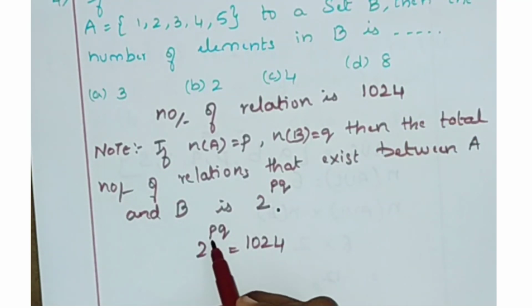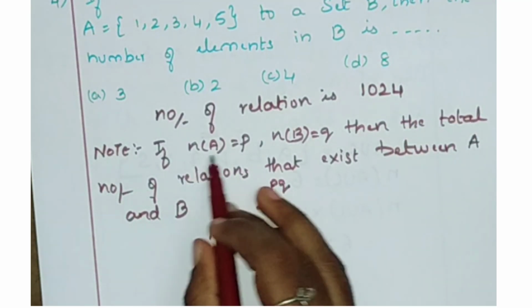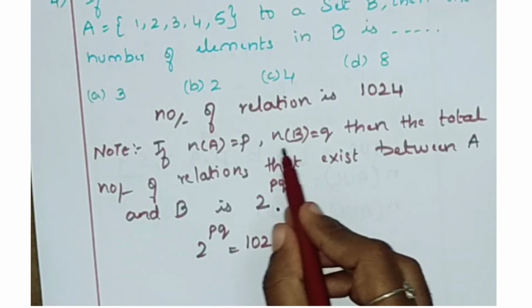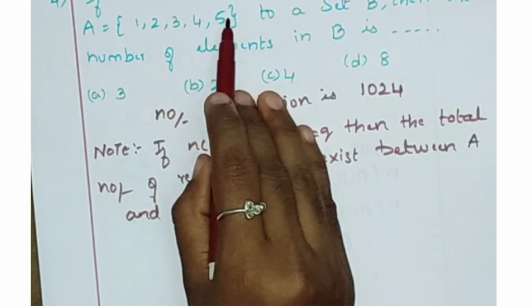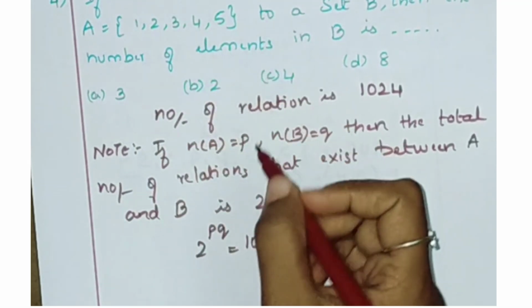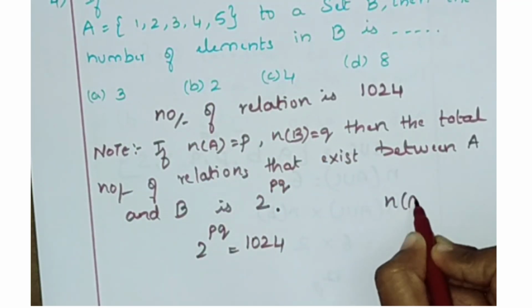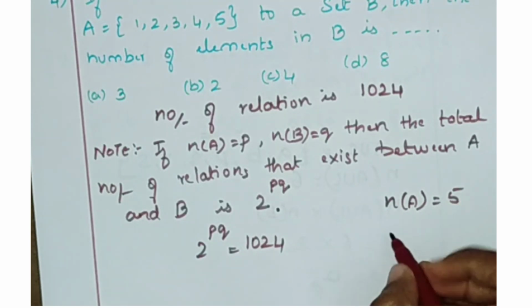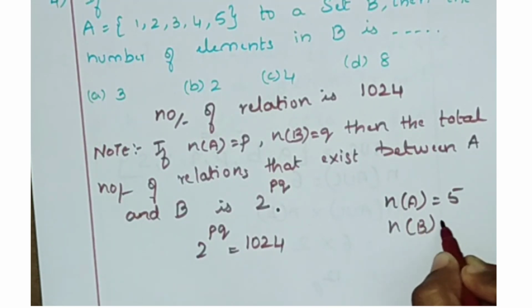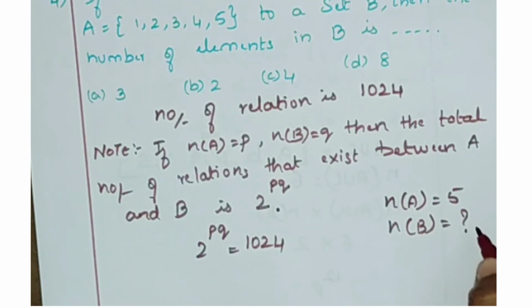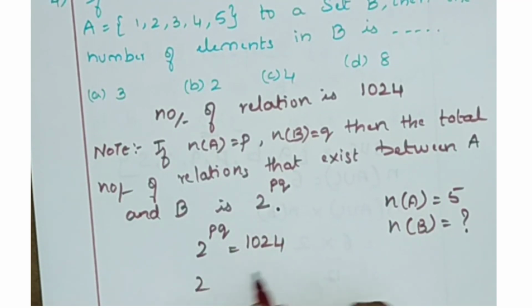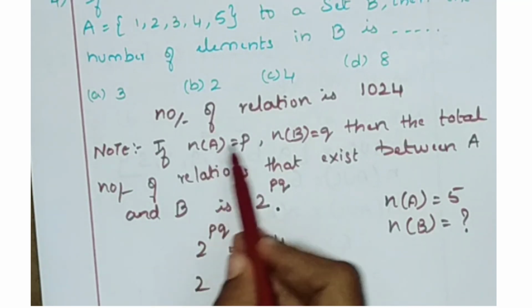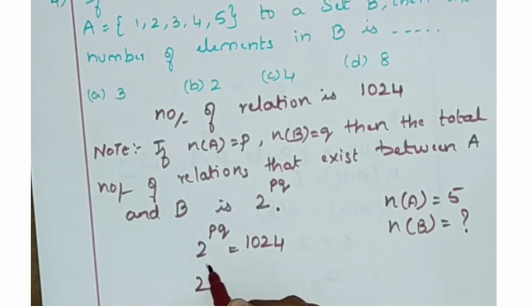We'll take P as n(A) and Q as n(B). So first, what is your n(A)? 1, 2, 3, 4, 5. The number of elements is 5, so n(A) is 5. You don't know what n(B) is, so let me take that as Q only. So 2^P, where P is n(A), which is 5, so 2^(5Q) is equal to